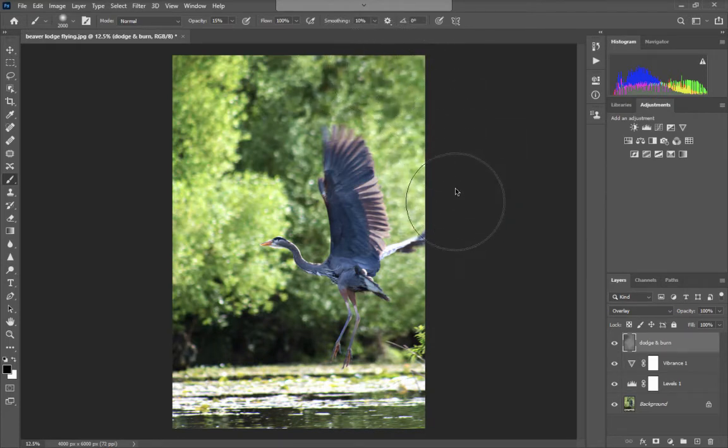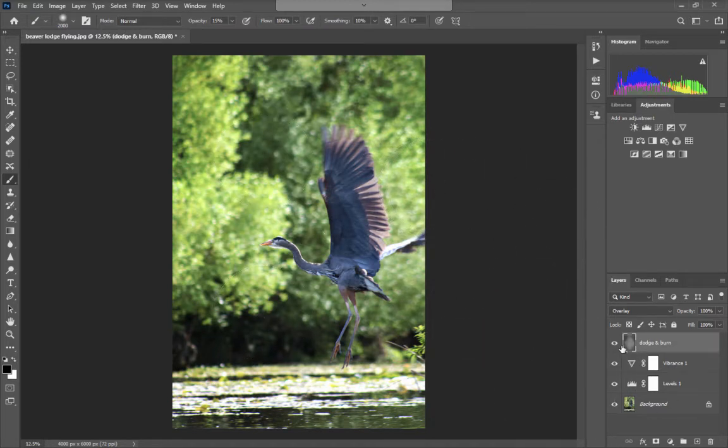So I'm just kind of going around the edge, and I'm darkening the corners in particular, and I'm just click and drag. And every time I want to make it a little bit darker, I click and drag again. I might just make a little splotch right there because that's really